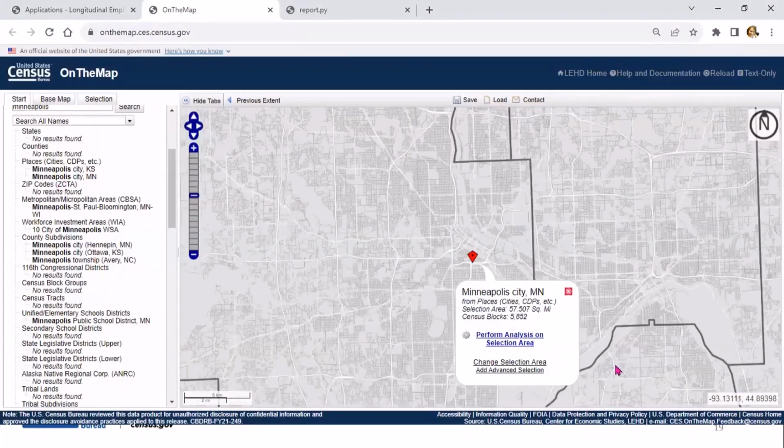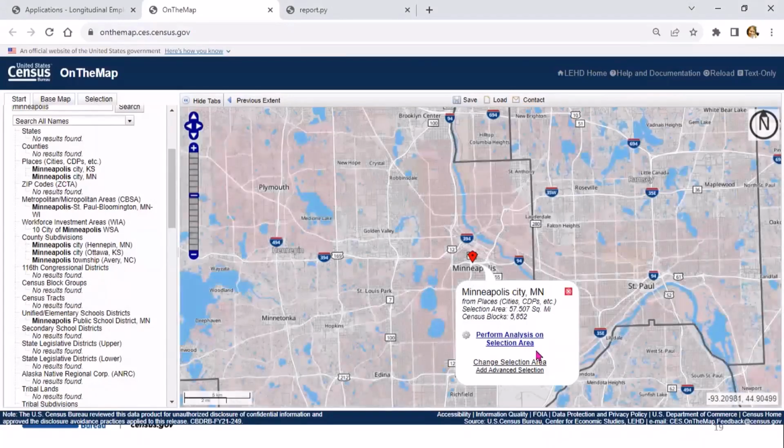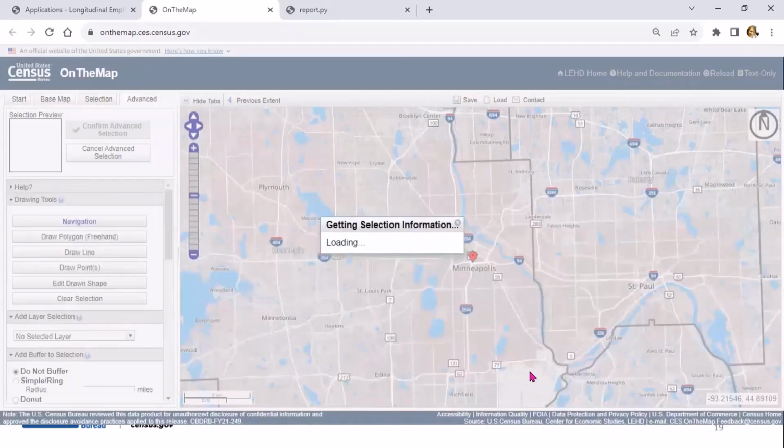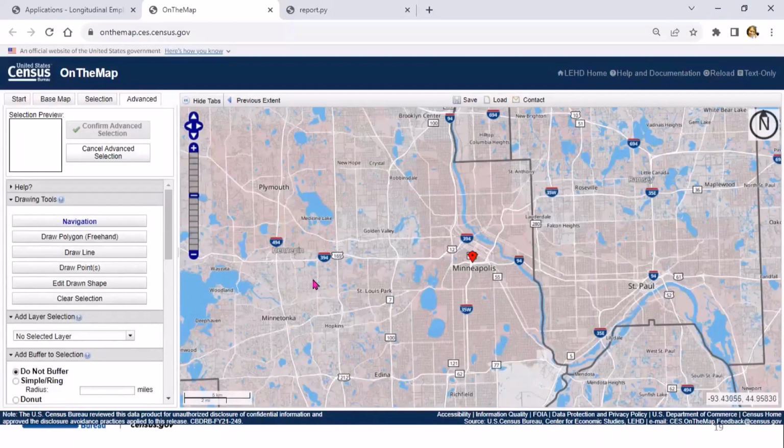Again, pop-up box. But instead of clicking perform analysis on selection area, I'm going to click on add advanced selection. Once that happens, it puts me into the advanced selection tab. So here, I'm going to click on draw points, and I'm just going to put a little dot into St. Paul.